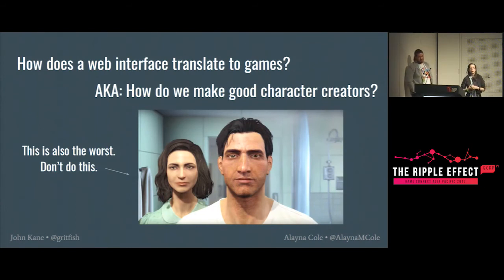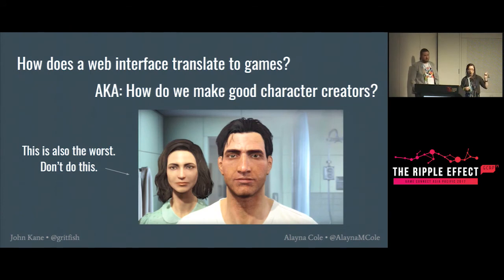So one thing I do want to talk a little bit about now is character creation. A lot of people default to character creation as the optimal way to diversify your game. It's not, but it is something that you still need to learn how to do well. There are a lot of better ways you can diversify, actually including characters who are diverse without the player having to do the labour of making them diverse. That's important to think about too. But if you are going to provide customization options, make sure that you think about the options you're providing.